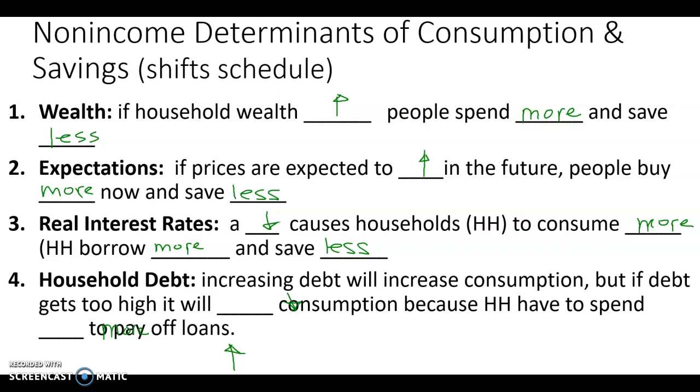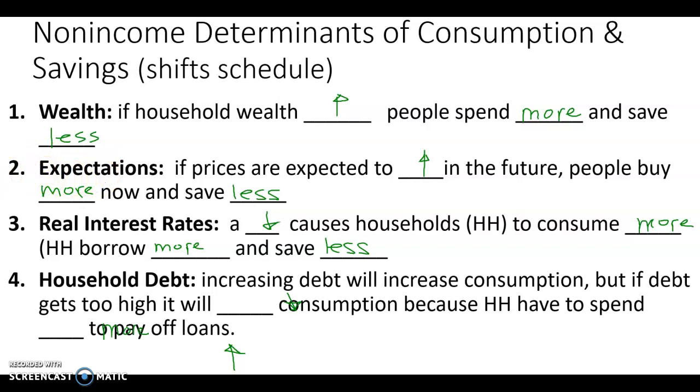The next thing that's going to cause both the consumption and saving schedules to shift is expectations. So if we think prices are going to go up in the future, people buy more now and they save less, because they're like, well, things are going to be more expensive. Not sure what expectations are right now. Price of gas is really low. And people are probably waiting to see what the housing market does, because if this continues, they'll expect the prices of houses to go down. So I would anticipate a lot of people are waiting to see what happens in the future. So they are probably spending less and holding on to that money because maybe they hope to spend it later.